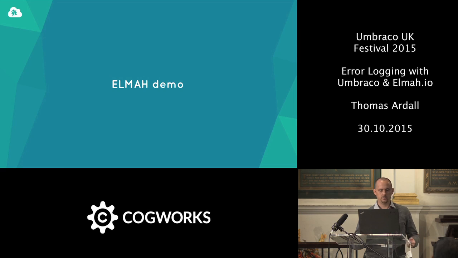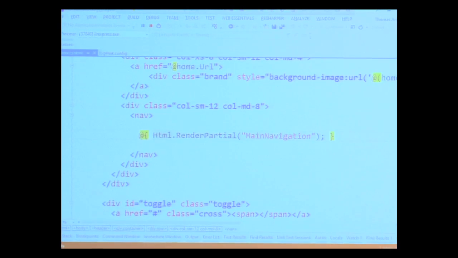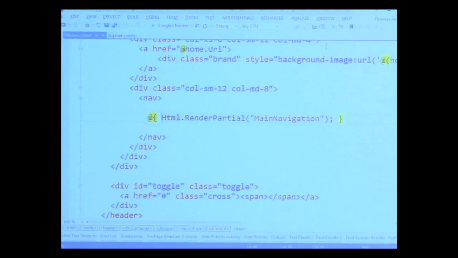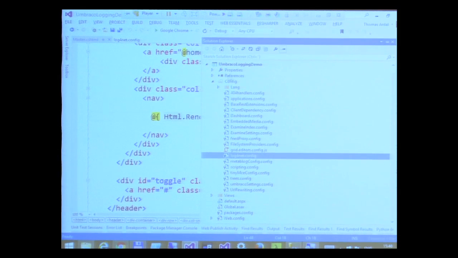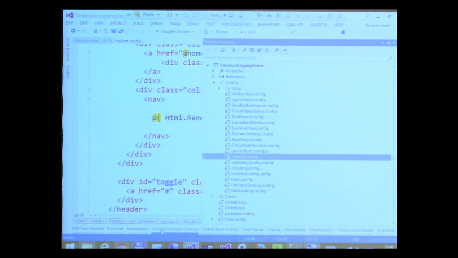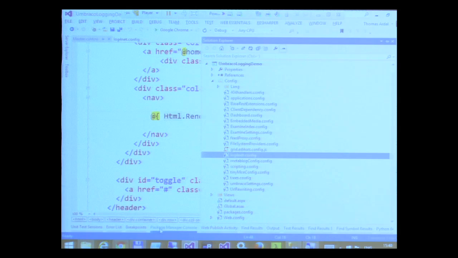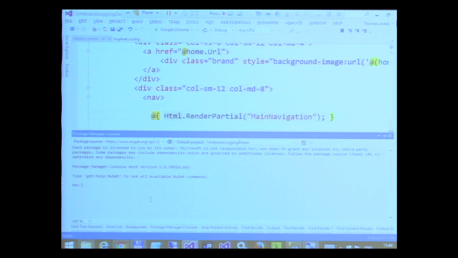So let's look at Elmah. And I hope that you all go home and implement Elmah on your sites after seeing this. So back to our project here. Elmah is, like Log4net, a free NuGet package that you install. It's open source like Log4net, has existed for multiple years, and has a large community around it. You can install it by installing this NuGet package